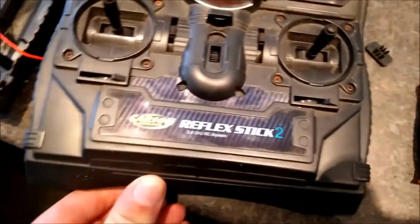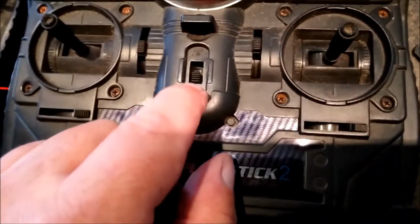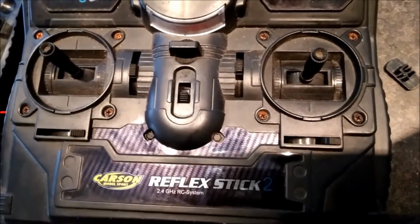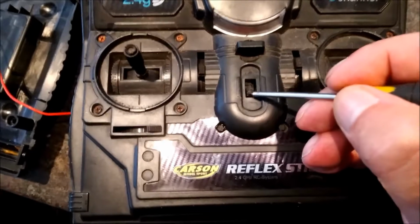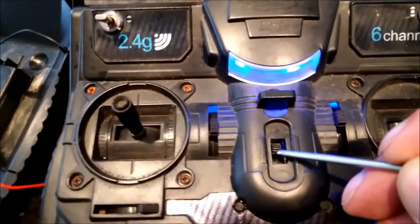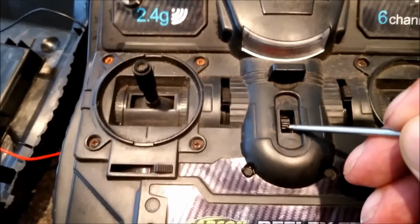So we'll turn the unit back over now, and you can see that the switch doesn't actually protrude past its moulding in this case that forms the main body of the control unit. But if I get a screwdriver and actually work this switch, I'm hoping it's going to come on. And there it is. The blue light means all is well. And we'll just try that once more. Turn it off, on,